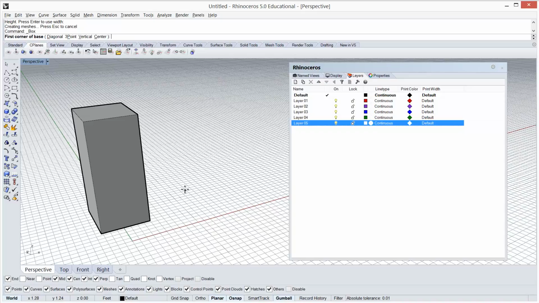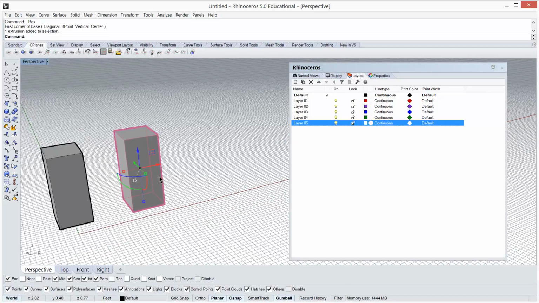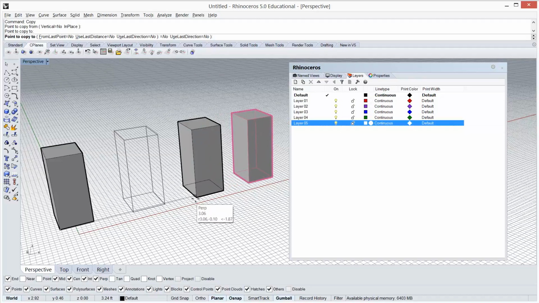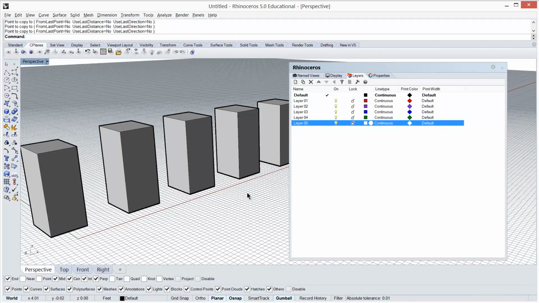So I'll just do that a number of times, just using the box. In fact, we'll then just copy that for a bunch of these. Alright, so for whatever reason,